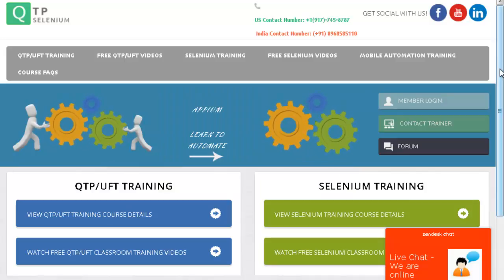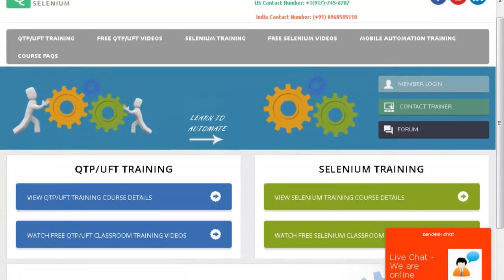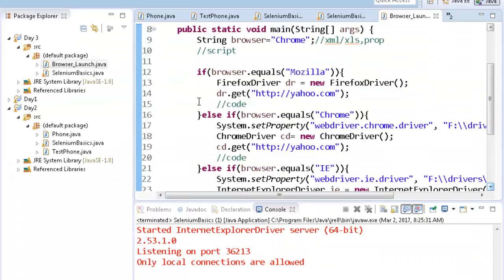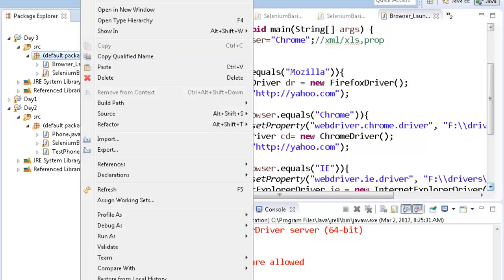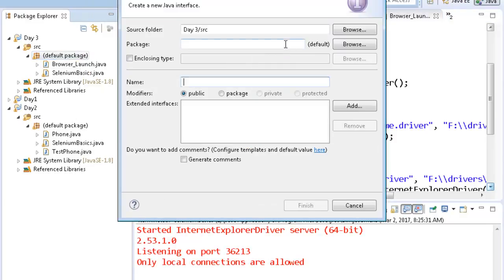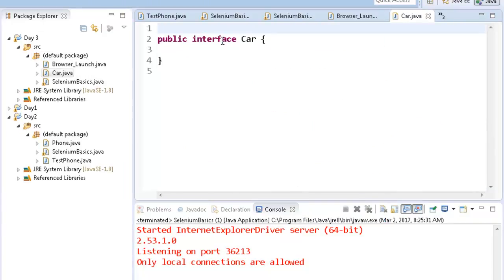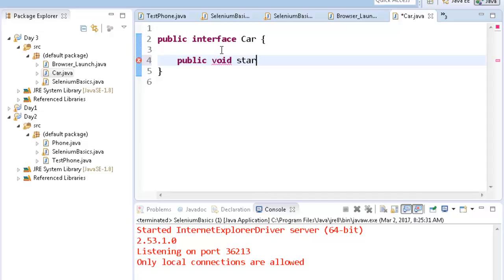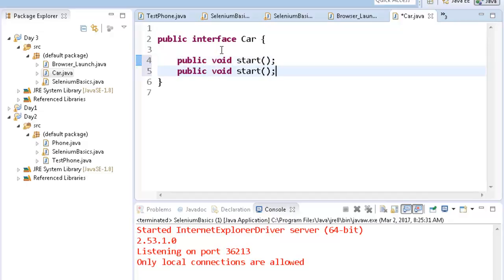In Java we have got interfaces. For example, I'll create a new interface known as car. Now this car interface will have a function like start. It will have a function like stop and refuel.